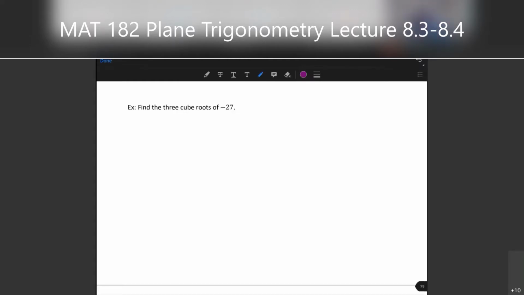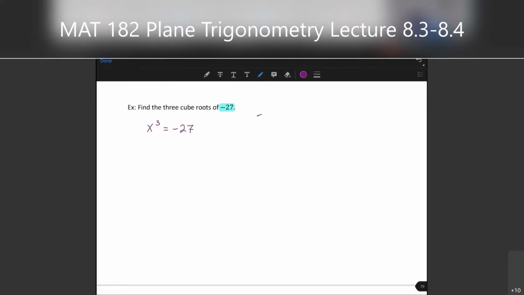So if we had negative 27, well, if I want a cube root, I really want something cubed. And so one way I could walk through this is saying, what if we had an equation, x cubed is equal to negative 27,